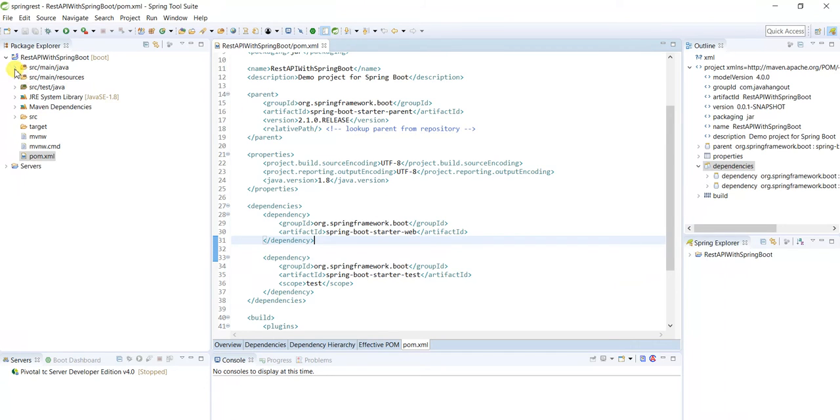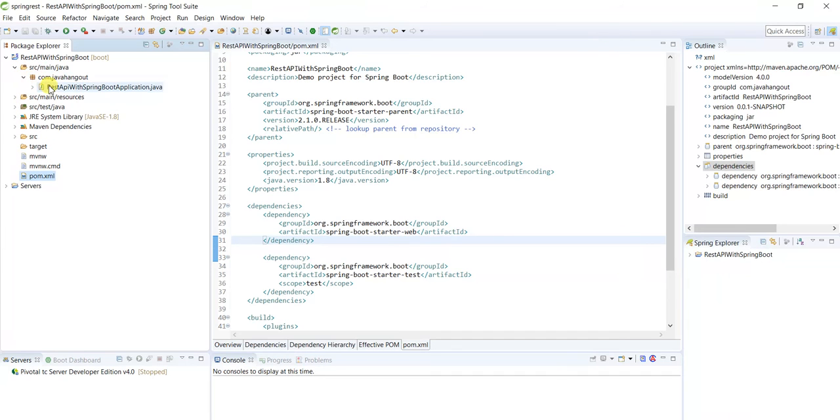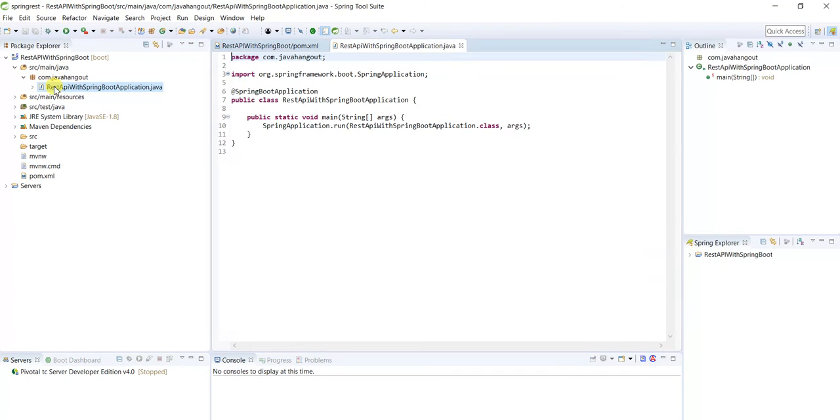Then just go ahead and create, check this one. So this is the default created one. And you can see here one important annotation is there, Spring Boot application. And this will be the entry point for our application. So from here only the application will get executed. Okay, then I'm going to create